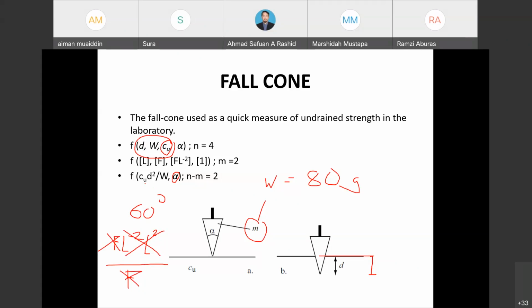Actually, this equation has been used by Wood and Rowe from Oxford to propose a new way to determine the plastic limit of a soil, because for plastic limit normally we use the thread rolling method or the Casagrande method. Okay. So I also used this when I did my master project, to propose a new way to determine